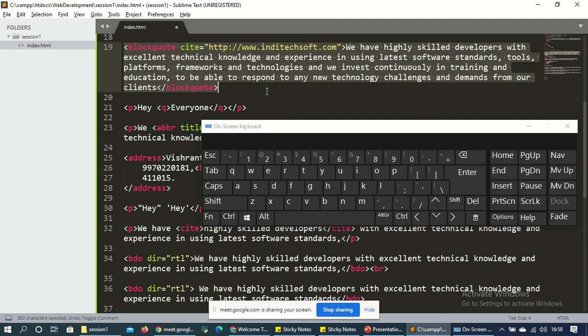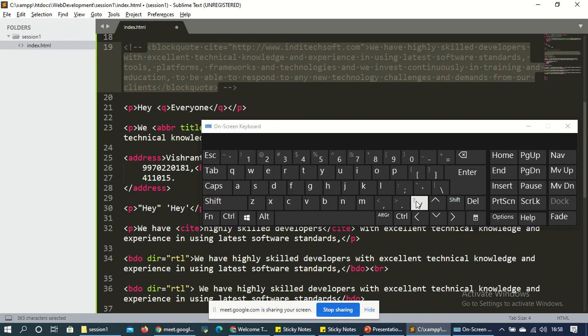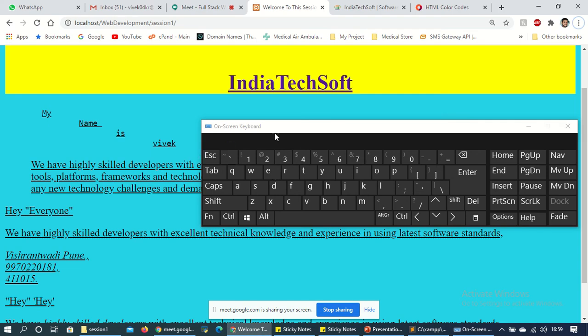Just undo. Okay, now I want to give a comment on this particular part. So at that time we have Control Shift, then this one. I just click and it is now commented, and just save. Go to the browser and check where it is showing.